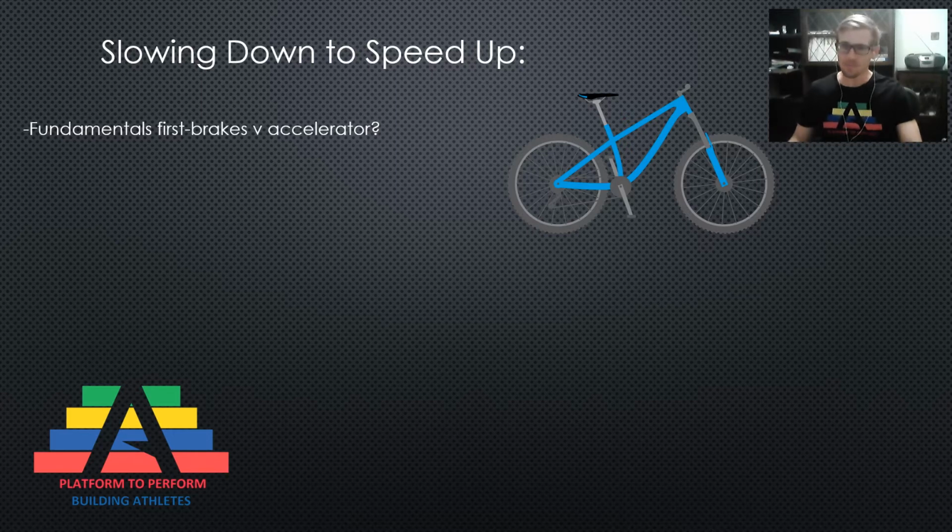Logically, obviously, you take their hand off the brake. However, a lot of kids' movement patterns are so uncoordinated, they are effectively putting the brakes on whenever they try and sprint. So what I mean by saying slowing down in order to speed up, if we go back a couple of steps, take those brakes off, clean up the coordination patterns that may be getting in the way of speed training, and making sure they can squat, making sure they can lunge, making sure they can perform an effective hip hinge pattern, that's us taking the brakes off.